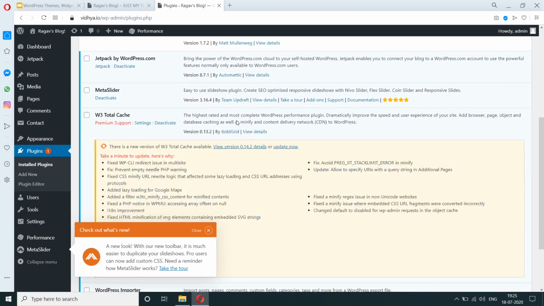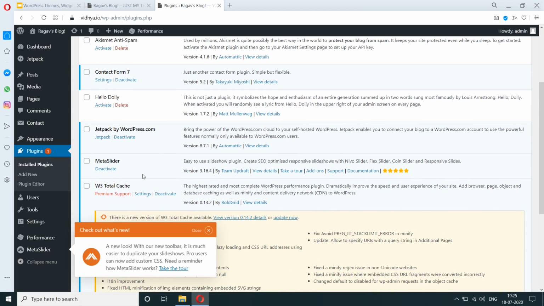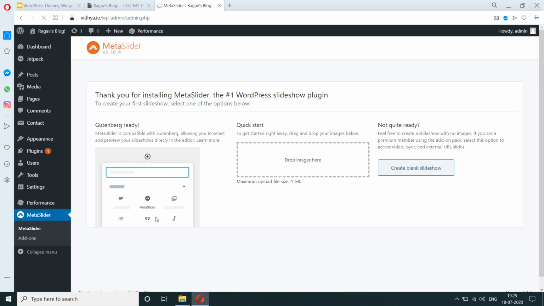So I've installed the plugin and it's activated. And we have an option here. So sometimes what happens is plugins can create a menu option for themselves. And as in this case, it has created a menu item for us to click on. I'm going to click on this. So I'm going to upload some sample images here.